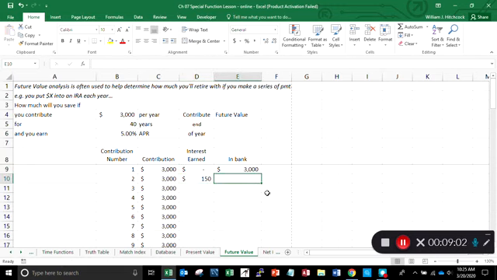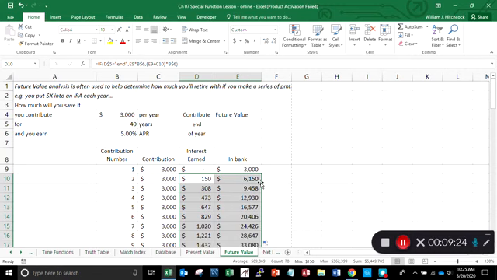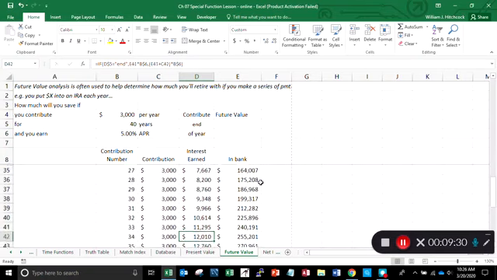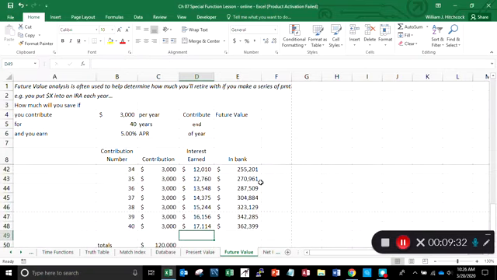So now in the bank, what I should have is equals what I had in the bank plus what I contributed plus what I earned in interest. So after just 2 years, I've got $6,150 in the bank. Let's copy this down all the way to the end, and slowly but surely you'll see that what I've got in the bank is starting to increase,